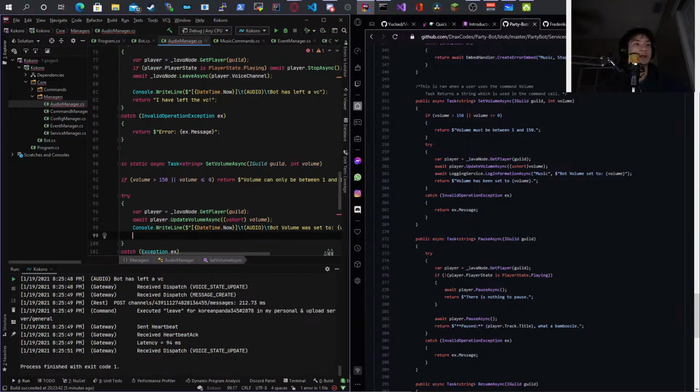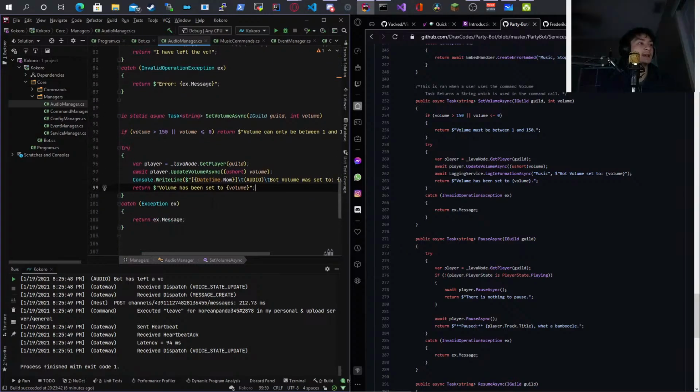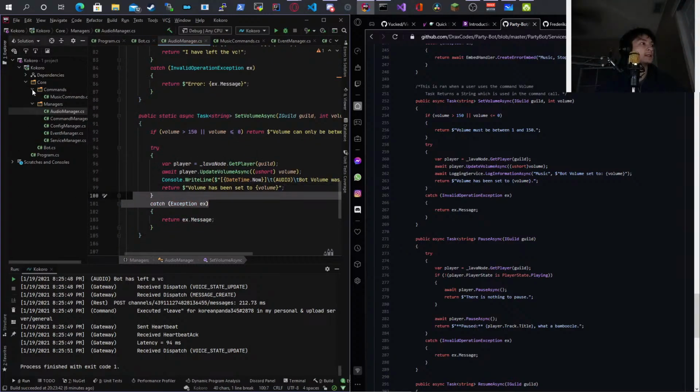Okay, then we're just going to return volume has been set to volume. Okay, so we did that. Now I can go back to the commands here.